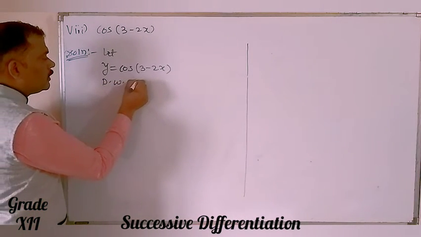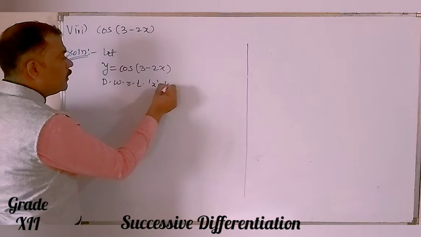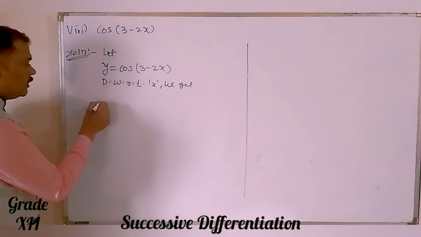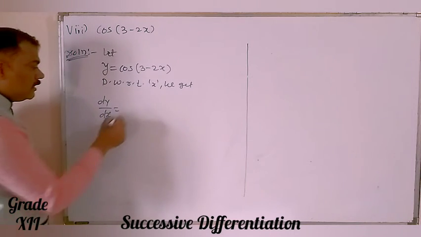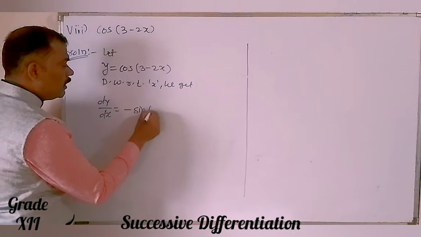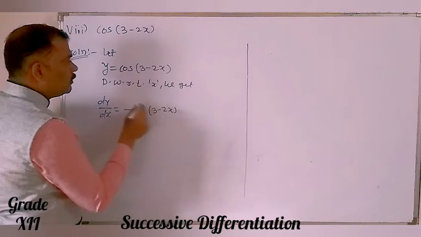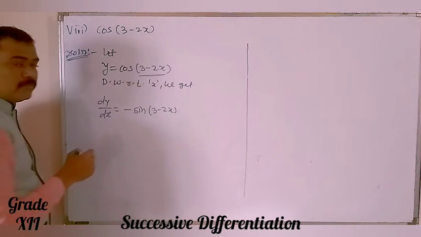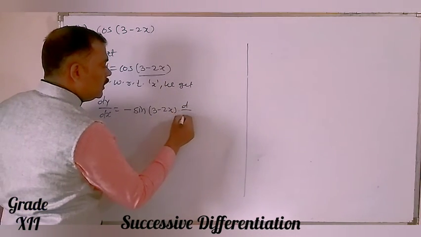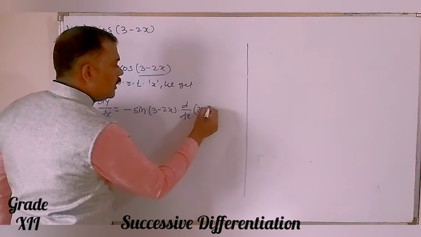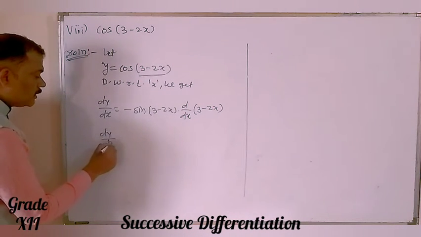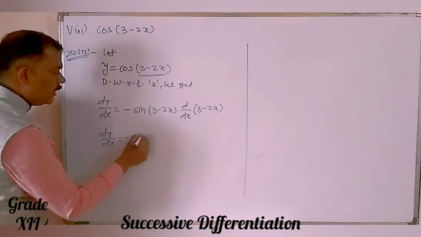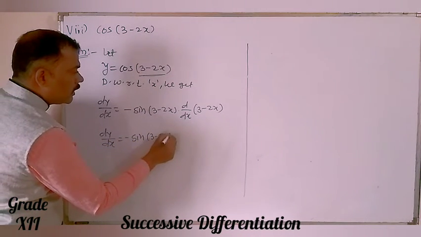Differentiating with respect to x, we get dy by dx is equal to, the differentiation of cos is minus sine of (3 minus 2x) into, now we have to take the differentiation of 3 minus 2x, that is d dx of 3 minus 2x. So dy by dx is equal to minus sine of (3 minus 2x) into,